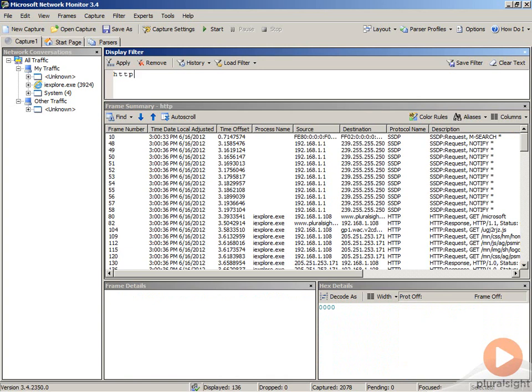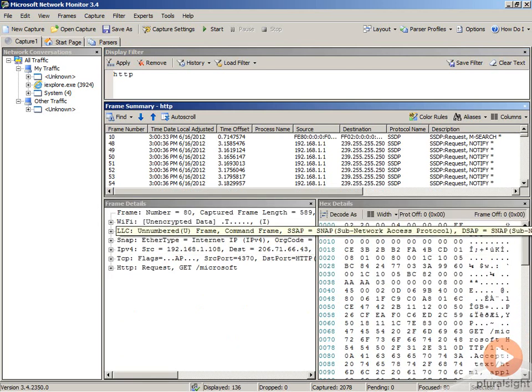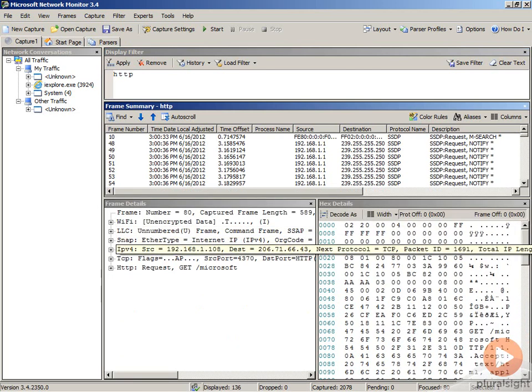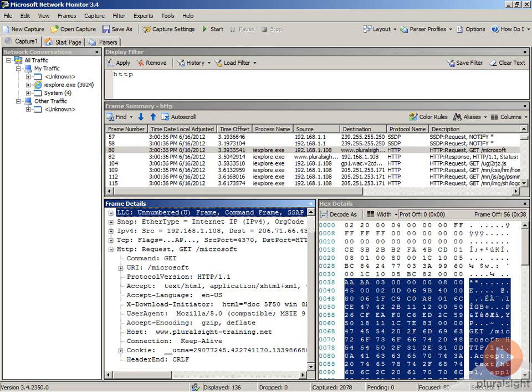So one of the things we'll see, here's my original request to go out to Pluralsight. You can see it shows me all of the different layers. So I can open the HTTP layer, and it does have a decent view where it breaks down what the cookie is, the encoding, all the other headers that were sent. As I start to look for responses, you'll see I start getting some of these files back,